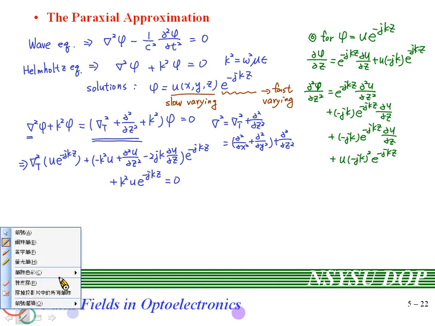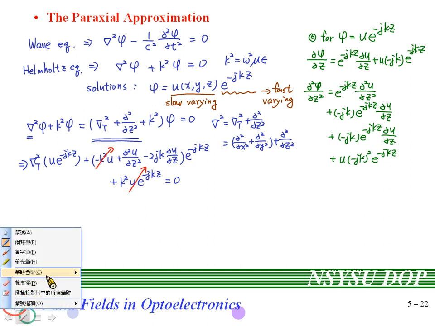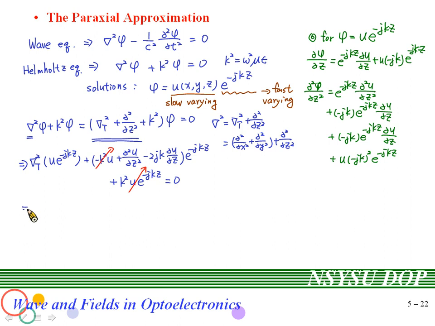Okay, and clearly you see that this term can be cancelled by this term. So the above result can be rewritten as transverse Laplacian u plus partial square u over partial z square